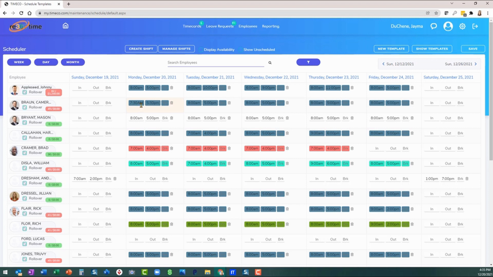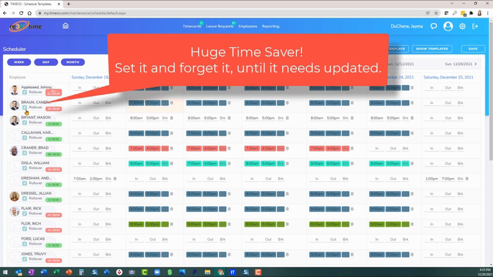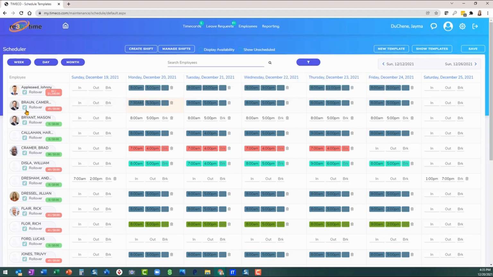It does not matter if you have AM or PM in upper or lowercase letters. The system will accept either one. Just be sure to hit the Save button after you've made your changes. The rollover option will take the schedule in the current week and infinitely roll it forward into future weeks until